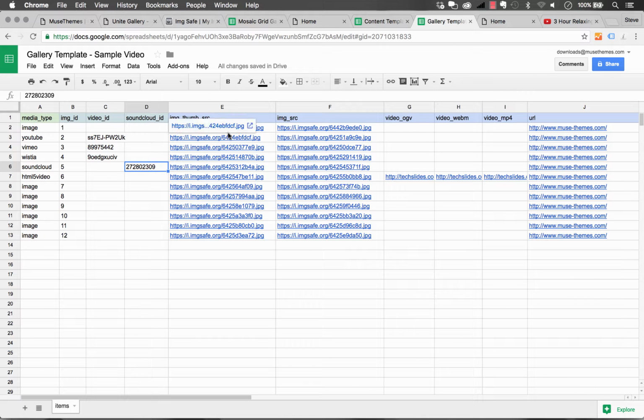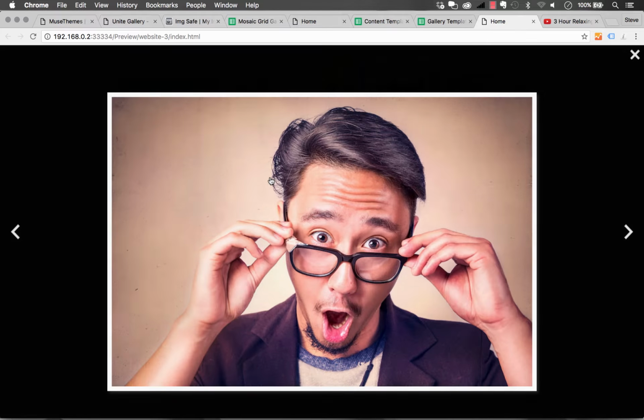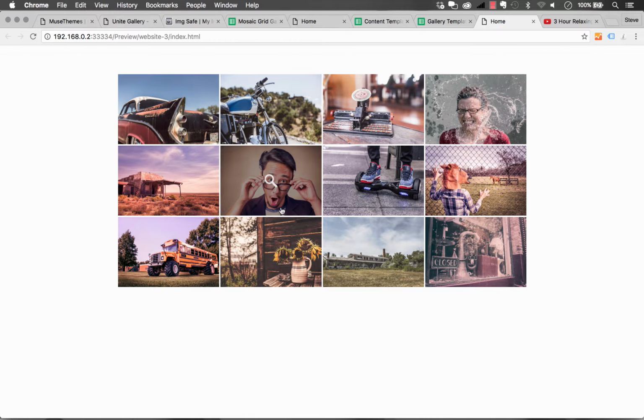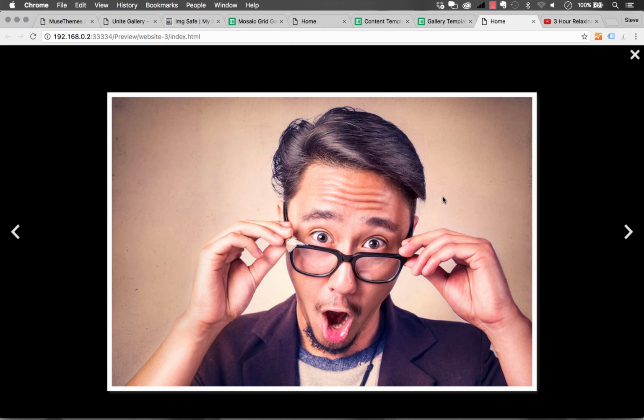And then moving on into columns here, we have the image source for thumbnails and the image source for a full-size image. So on the gallery here, if something is an image, which this one is, we have a thumbnail size, which is the smaller one, and a full size. You don't need to specify a thumbnail, but it's a little bit better for load speed if you have smaller